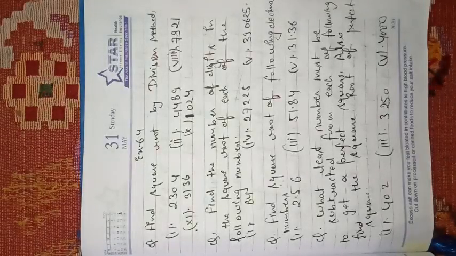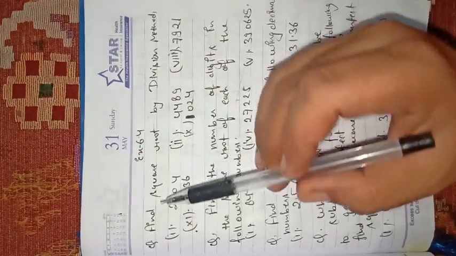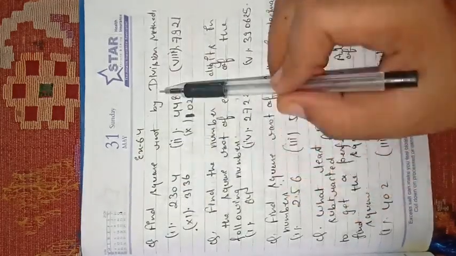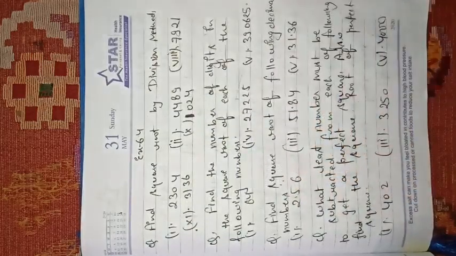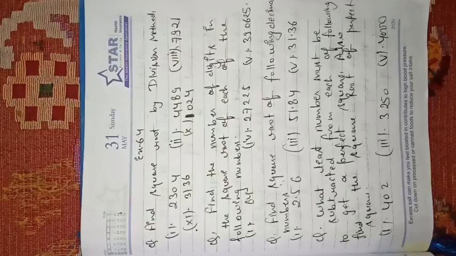So, square and square root chapter was going on, and exercise 6.3 was completed. Now we are in exercise 6.4, and as you can see, I have written all the questions. In question number 1, we have to calculate the square root by division method. Actually, I have selected a few parts, and the remaining parts will be your homework. I will explain the method first, and I will solve a few parts for you.